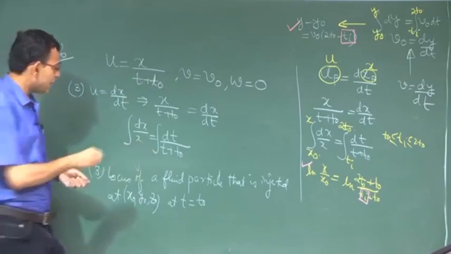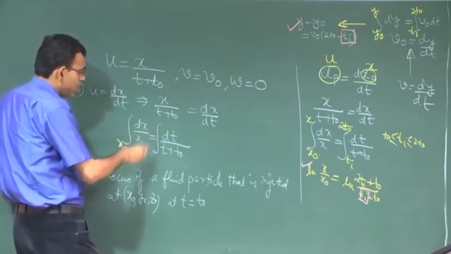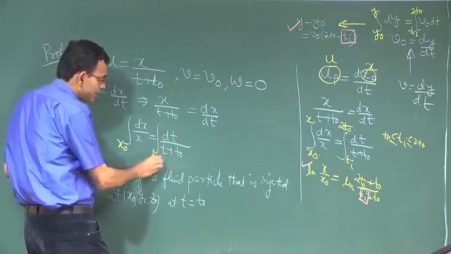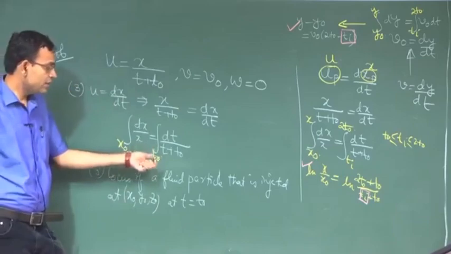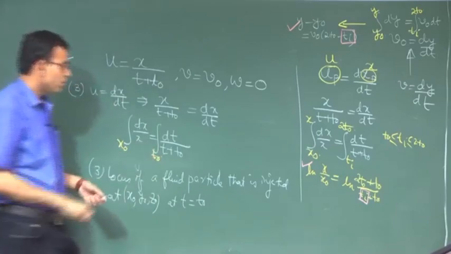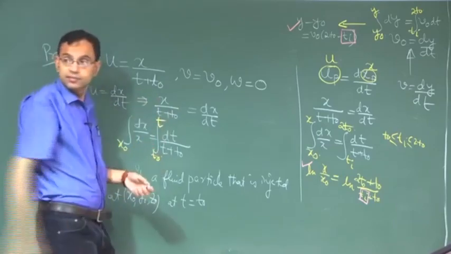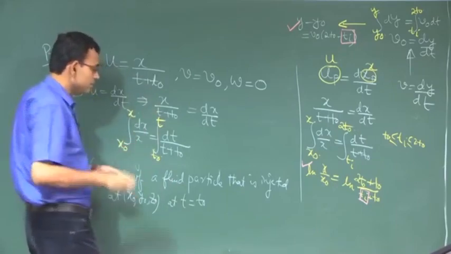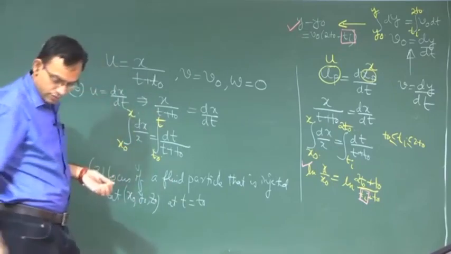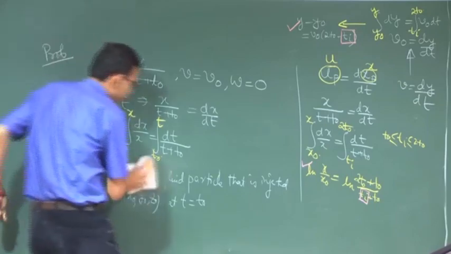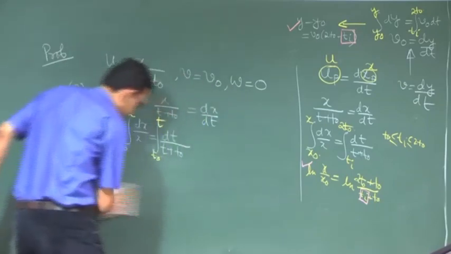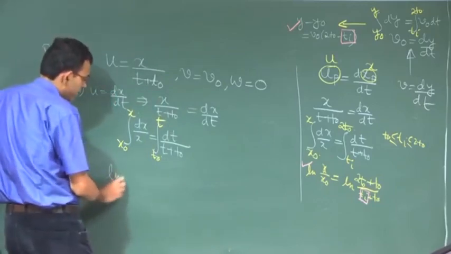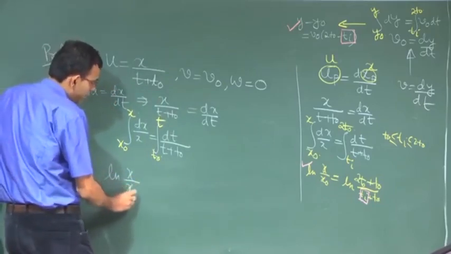Now at x equal to x0 the particle is injected at which time? t0. Now this t0 is fixed, what is variable now is this t, right. So you have ln of x by x0